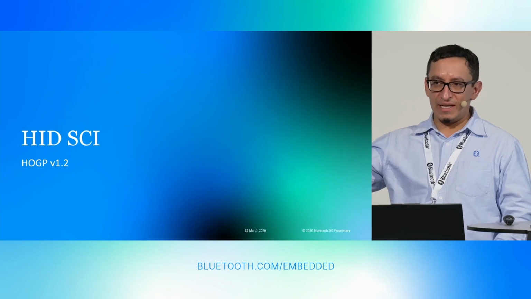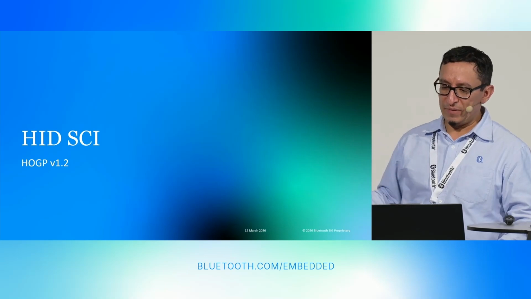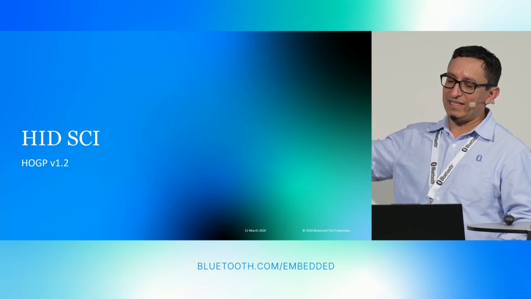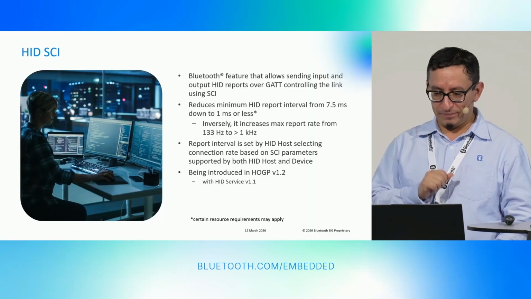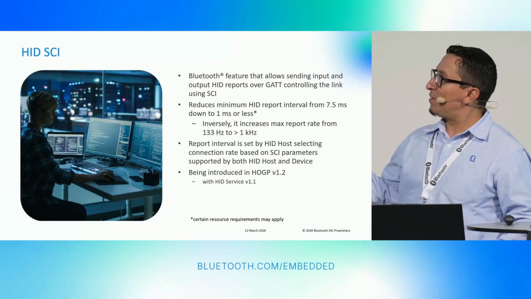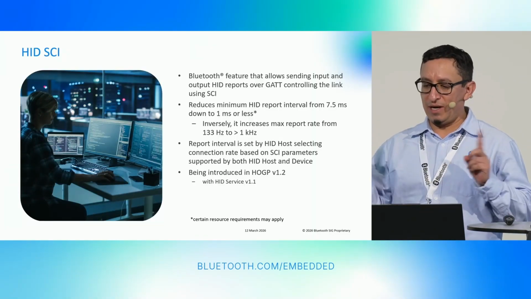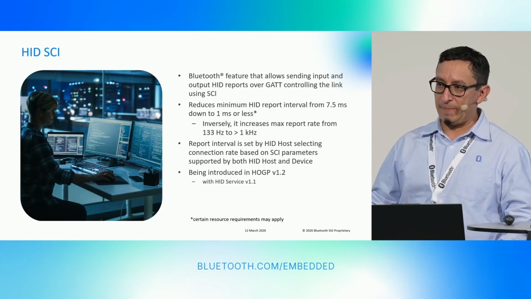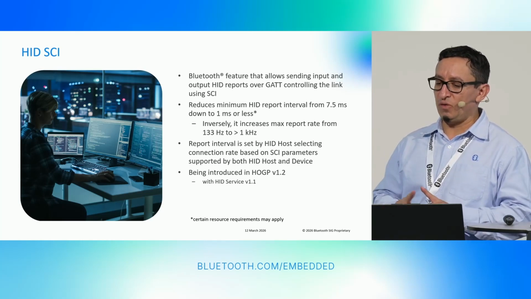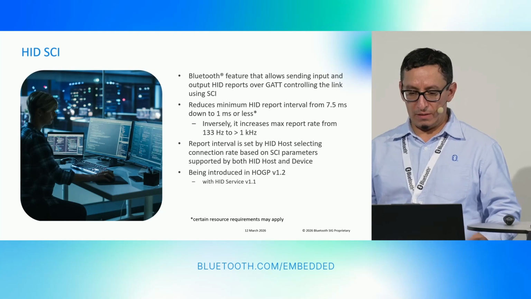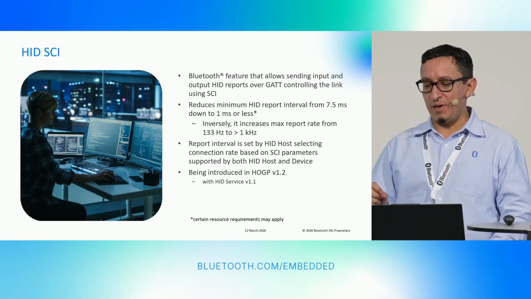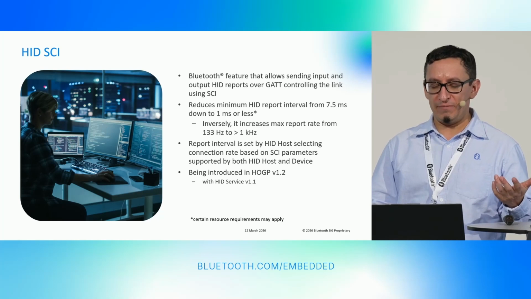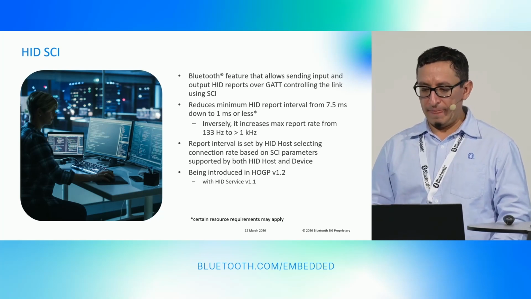So now let's move to the technical overview of HID SCI, which is going to mirror the flow and detail level used in the slides for HID ISO. HID SCI is an upcoming feature that allows sending input and output HID reports over GATT, but this time controlling the link using shorter connection intervals. The key highlight here is HID SCI reduces the minimum HID report interval from 7.5 milliseconds down to 1